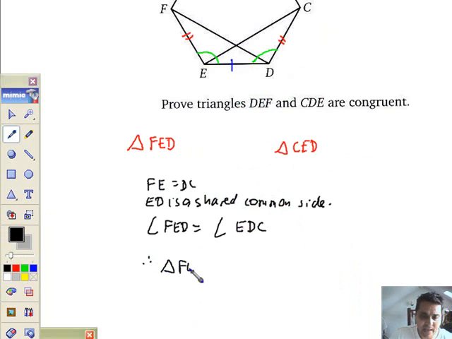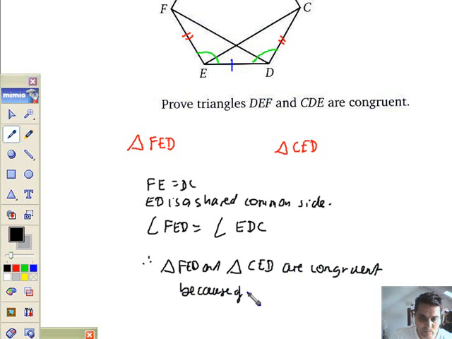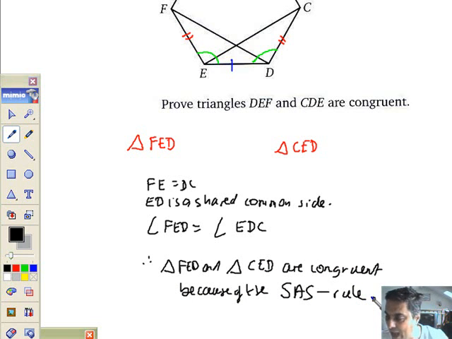Therefore, triangles FED and CED, CED or CD makes no difference, are congruent because of the side angle side rule, SAS rule. That's all we need to say, and that's done. We're going to stop now and plan the assess in